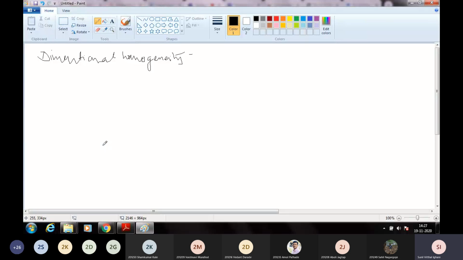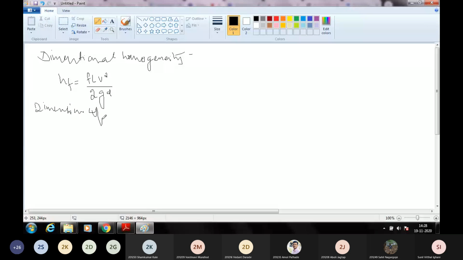So actually what is that? I will just demonstrate with an example. Suppose you know the frictional loss formula, that is Darcy-Weisbach, Darcy's equation. Okay, hf is equal to f L V square divided by 2 g D, this formula. Okay, so in case of left-hand side, if I take the dimension